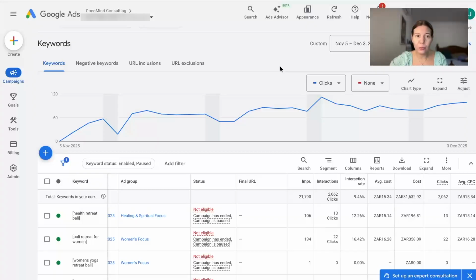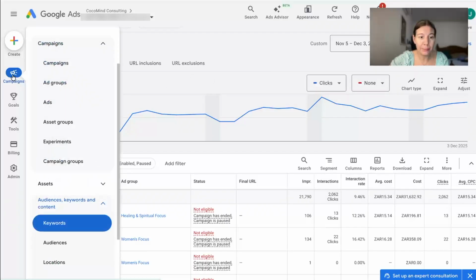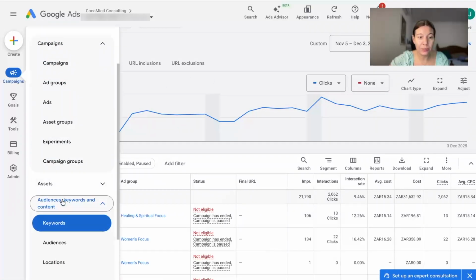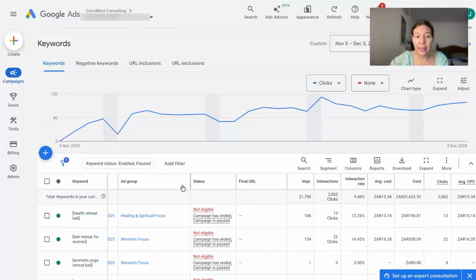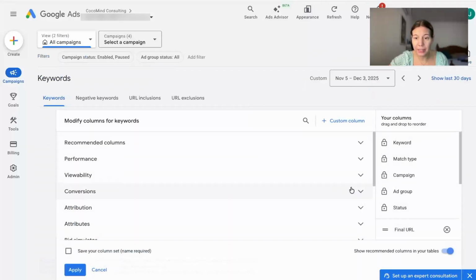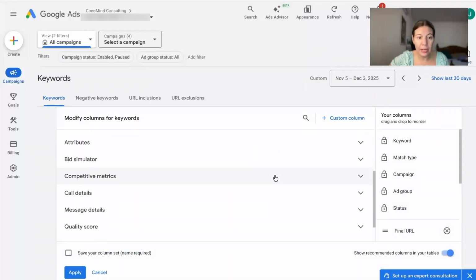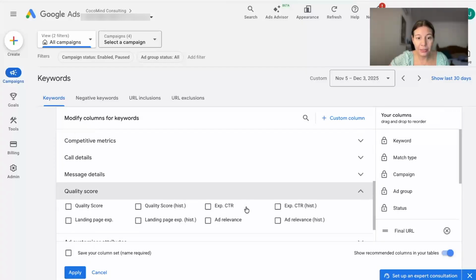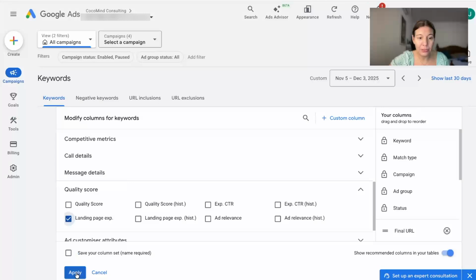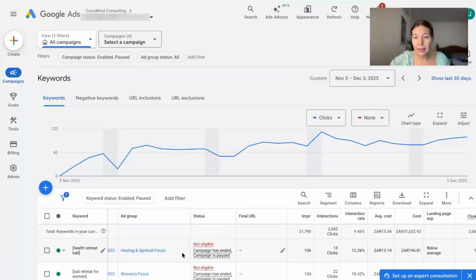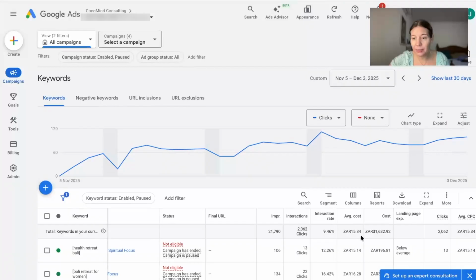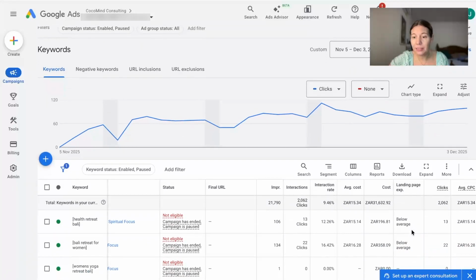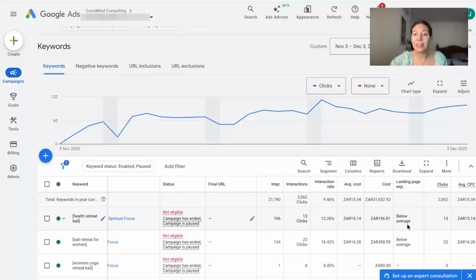And now I'm going to show you where you can see how Google is rating your landing page experience. You have to go under Campaigns, then Audience, Keywords and Content, under Keywords. And then you see all your keywords. Then you click on Columns, you do Modify Columns, and then you go under Quality Score. And here you can select Landing Page Experience. You click Apply, and then you can see the landing page experience pops up here. So if you see something like "Below average", it really means you have to work on your landing page